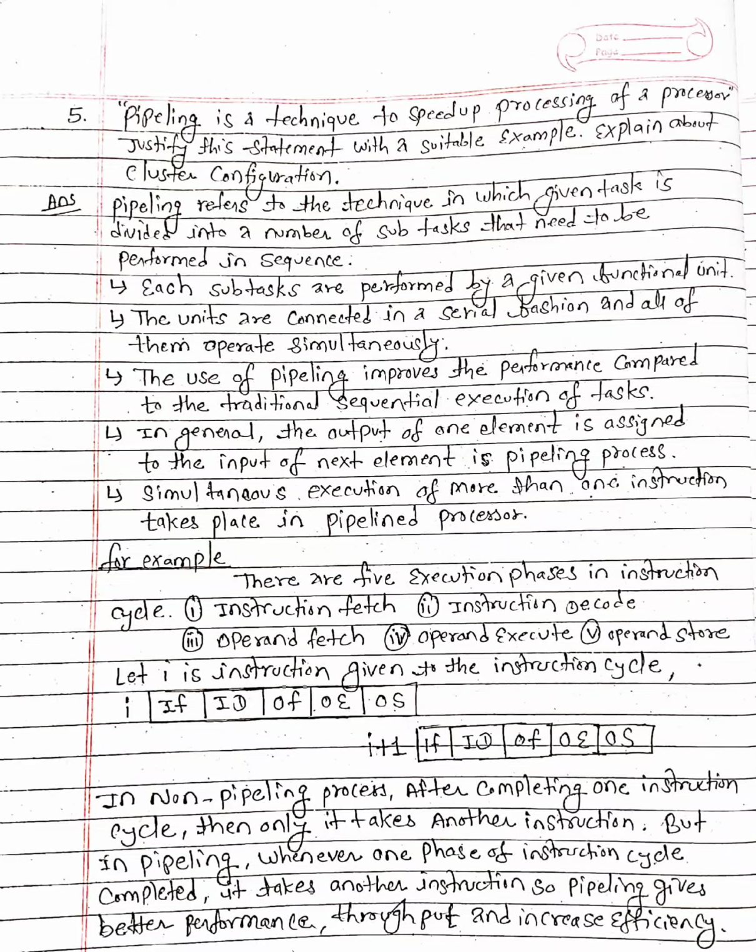Pipelining is a technique to speed up processing of a processor. Justify this statement with a suitable example. Pipelining refers to the technique in which a given task is divided into a number of subtasks that